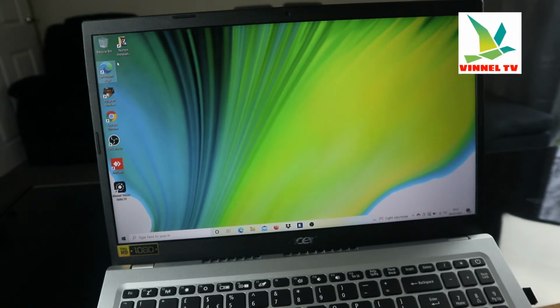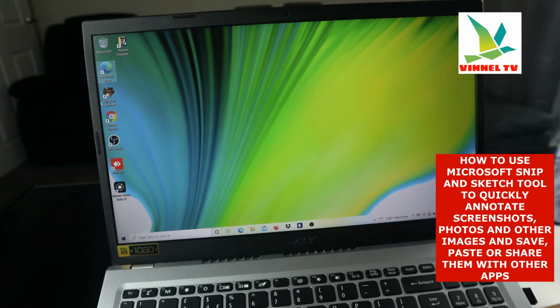Today we'll be showing you how you can do this on a laptop. On the mobile phone we call it screenshots. When you want to show something to someone, you can just screenshot and send it to the person. So on the laptop or desktop, it's called Snip and Sketch. So when you want to take this action, what